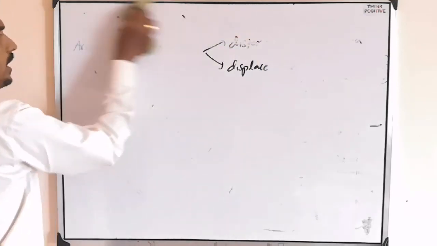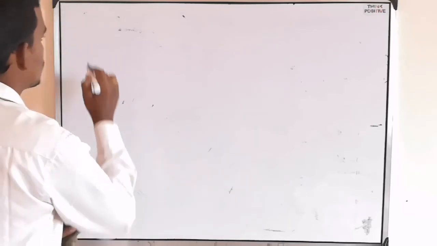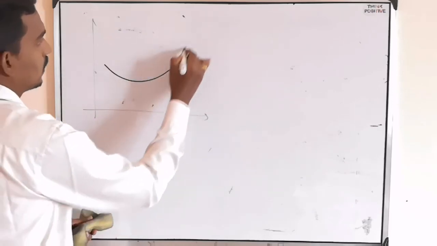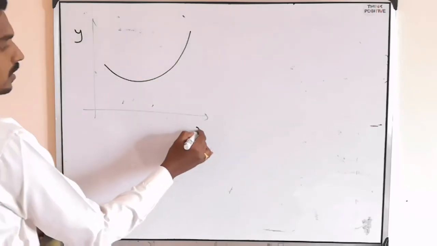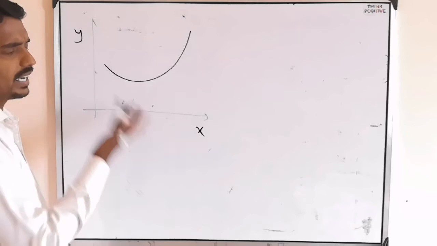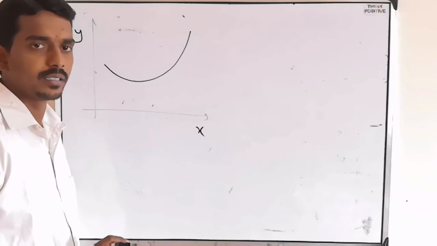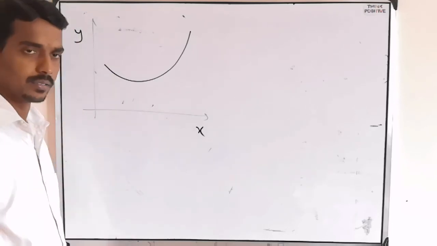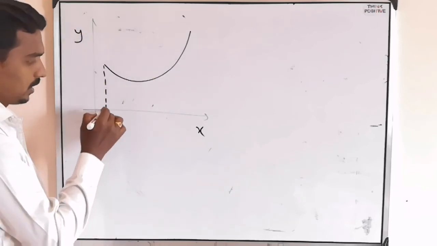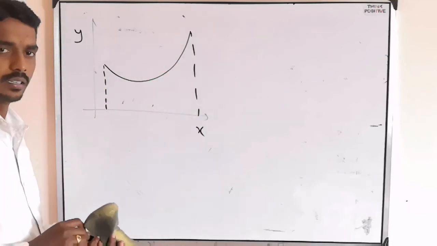This is how you can find the area below the graph. If the graph is straight, it is easy to find the area. But suppose the graph is curved, like this. Here y, here x. It may be a VT graph, AT graph, FT graph, anything. The graph can be between any two physical quantities, in general y and x. Now the graph is a curve. If you draw perpendiculars from the starting and ending points, this is the total area.